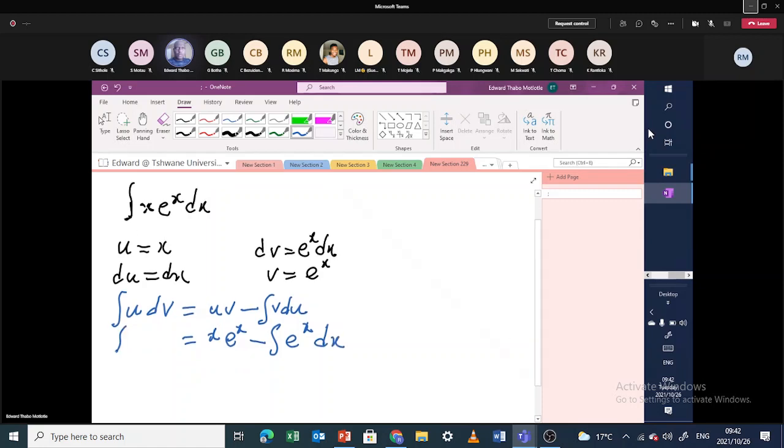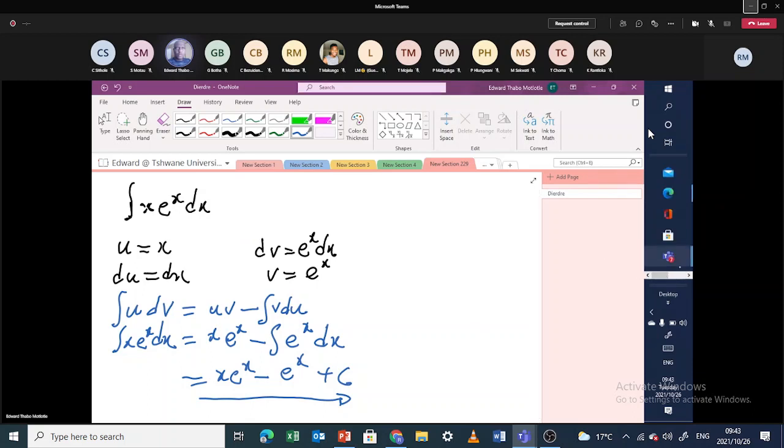Remember, here we can just write the given integral. So now x e to the power x minus, we integrate e to the power x, the answer is e to the power x plus c. So now we are done. This is the simplest example you can get. So we managed to integrate using integration by parts. Okay, so that will be the solution. Now I want to go back to